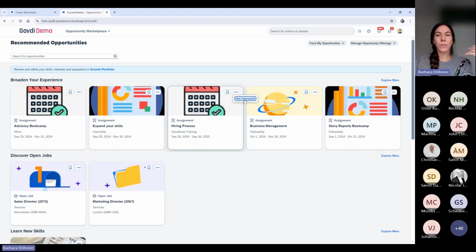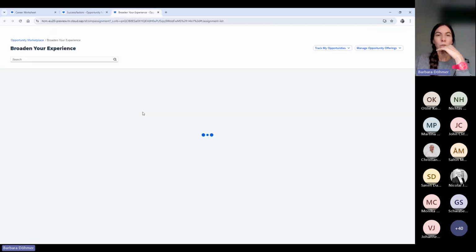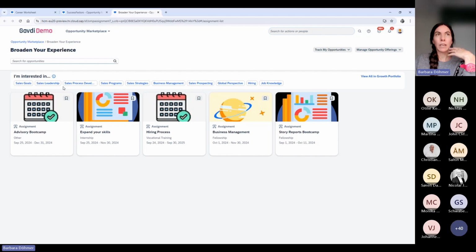And by deciding whether this is something of his interest or not, the system, as I said, a machine learning recommendation, will know not to suggest or recommend this type of opportunities anymore to him. So basically, let me go to broaden your experience. He can also get more refined recommendations in the future based on his interests.